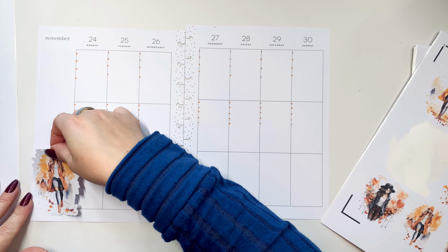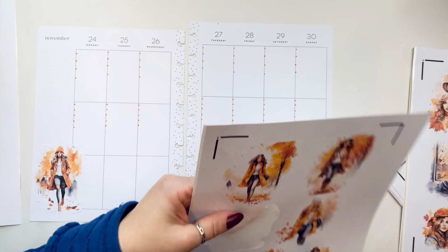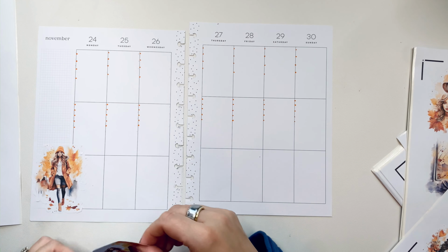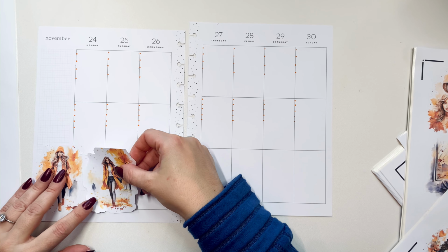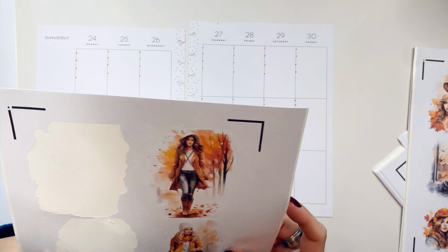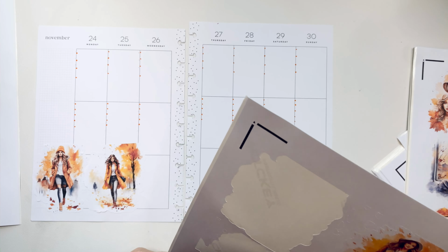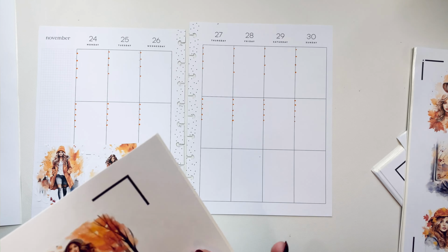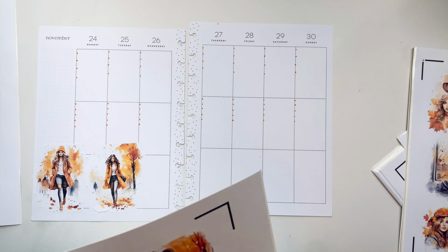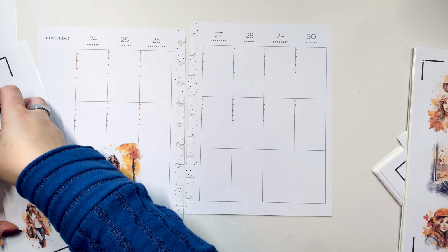So that's the first one. As you can see, it's almost like a little street that she's walking on. There's like an orange tree. Here's another one. You can even see silhouettes of people in the back. I think that is such a fun way of creating art and stickers. So that's exactly what I'm going to be putting down on these pages. I just thought that is a really nice way of